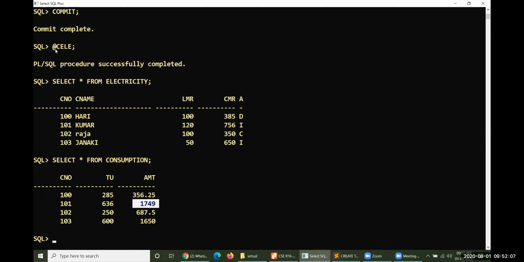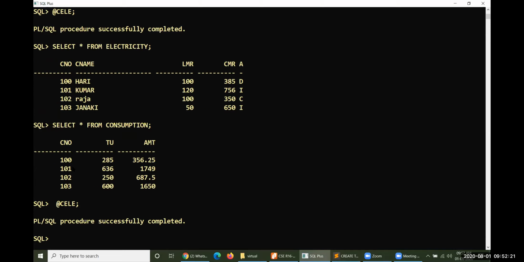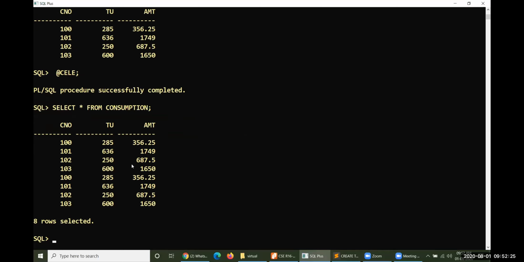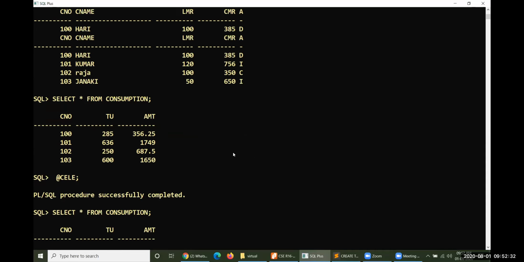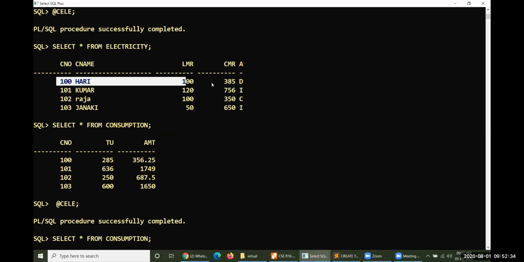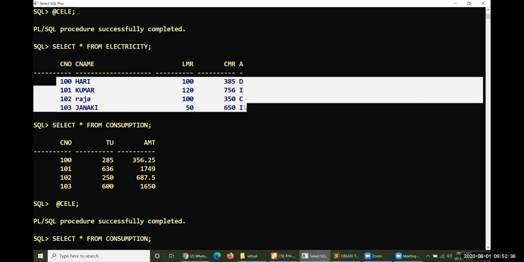And if you run the same program one more time, what exactly happens here? Consumption will take the data one more time. This data could not be deleted anymore, and you have to take the data one more time. This is the disadvantage of cursor. The cursor reads this entire data into its private work area.